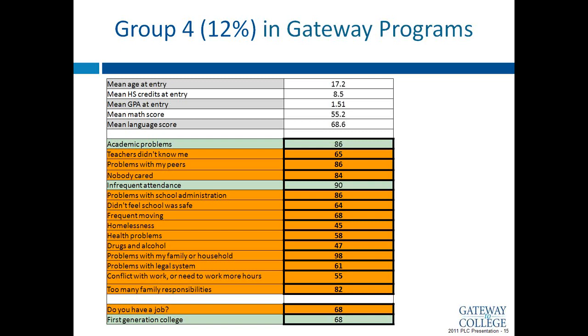I suspect these are the students who are in our offices the most. I suspect these are also the students who pull at our heartstrings the most. And I suspect they monopolize our time, which may be problematic since they are 10% of our students, and we need to make sure that while we're addressing the needs of students in this group, that we're not neglecting the needs of our students who are groups 1 and 2, especially that group 2, which was the group that isn't reporting a lot of barriers or issues.